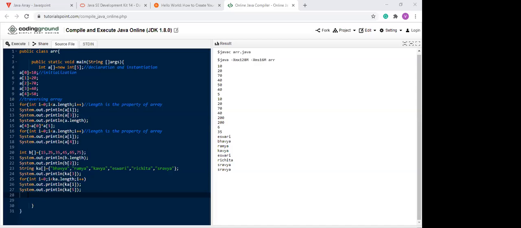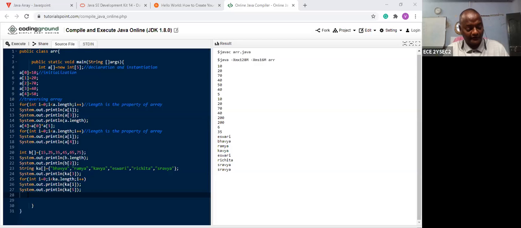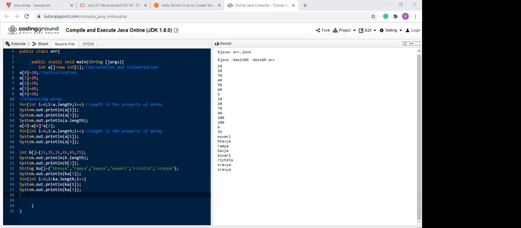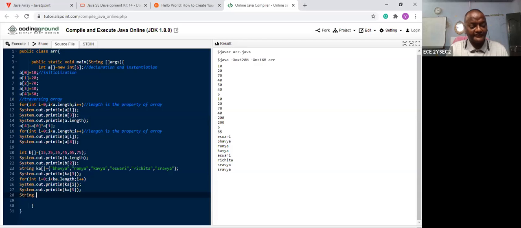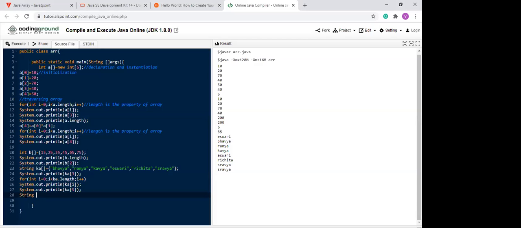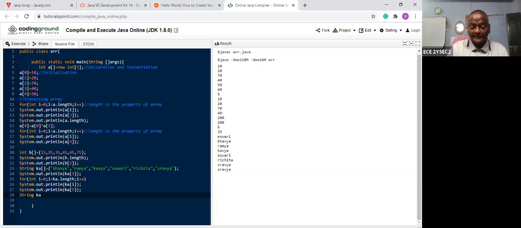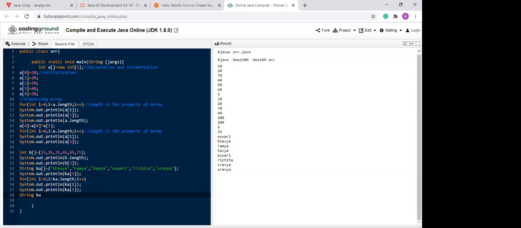String, space, KA. Square bracket or normal bracket? Square brackets.